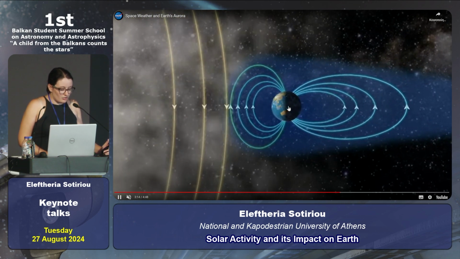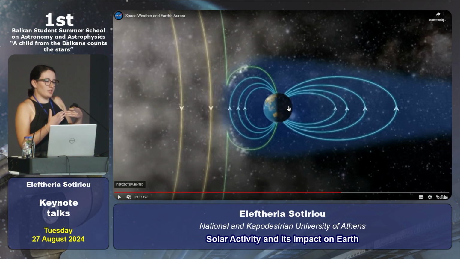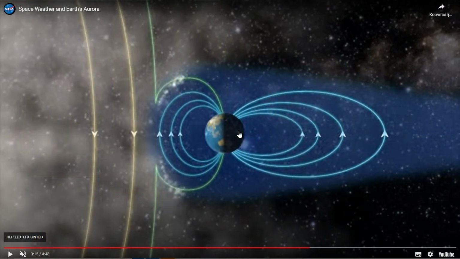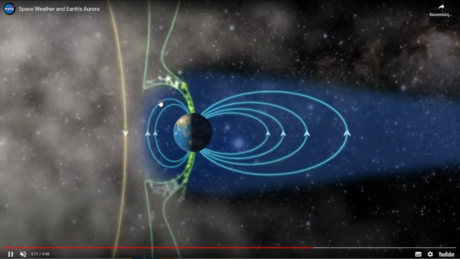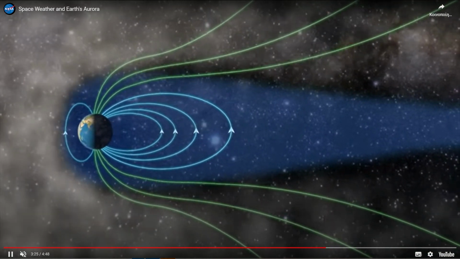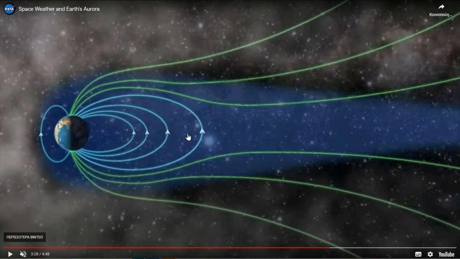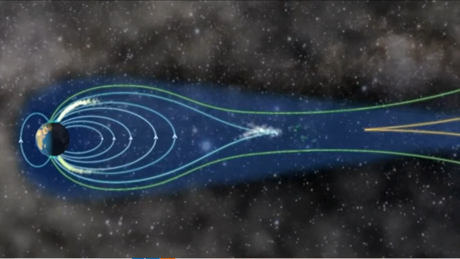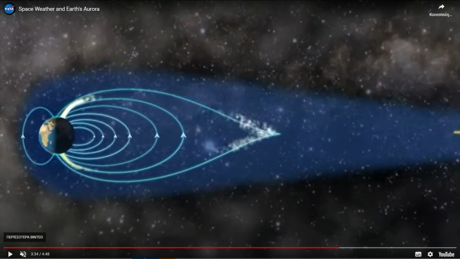The Earth's magnetic field lines on the day side break, and they reconnect with the magnetic field lines of the Sun, which now has plasma particles, high-speed particles, getting inside the magnetosphere. Now, the new lines that are formed are traveling backwards to the magnetotail. So normally there are more lines in the magnetotail, but just so that you can understand it better, they are not here right now. So those more lines that I talked about are the ones squeezed, and they will break again and reconnect with each other,